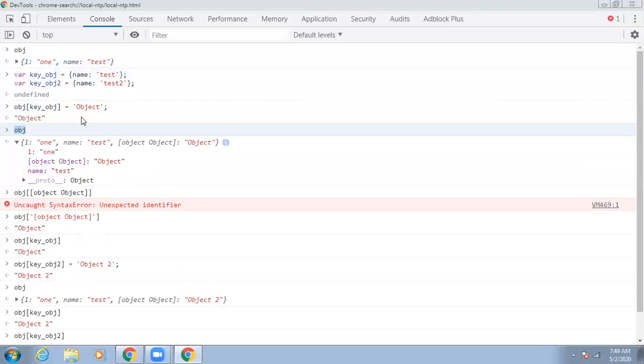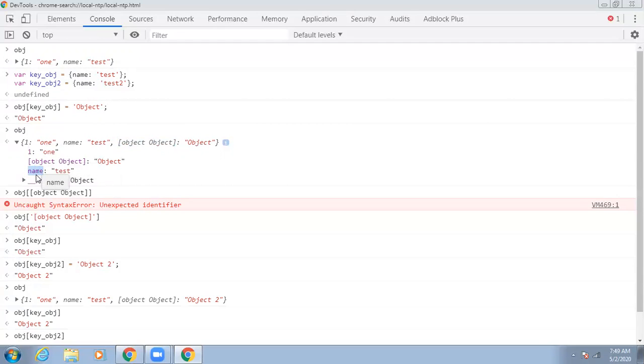So the moment you are passing the key as an object, it will try to convert into a string, and this string would look like this. Okay, so from there, if you add a number of objects, then that is going to be overridden with the previous object, because the same value would be the same. Which means that it is going to be overridden, right? If I'm trying to assign a value with the name again, it is going to be overridden, right?